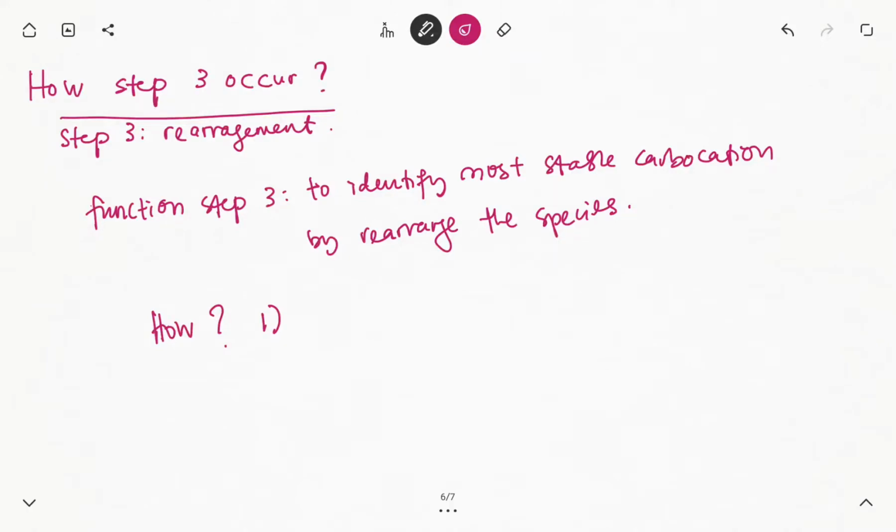So now, how does the rearrangement occur according to step number 3? In the previous mechanism, there was no step number 3, which is the rearrangement, because if rearrangement occurs, it just produces a secondary carbocation. So this is the function of step 3, which is rearrangement: to identify the most stable carbocation by rearranging, first by